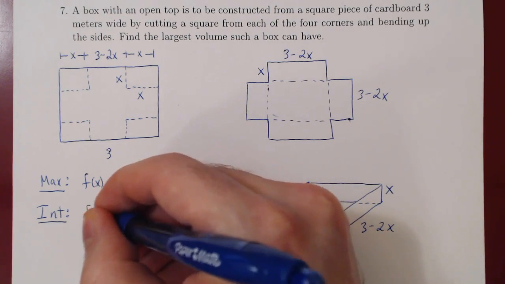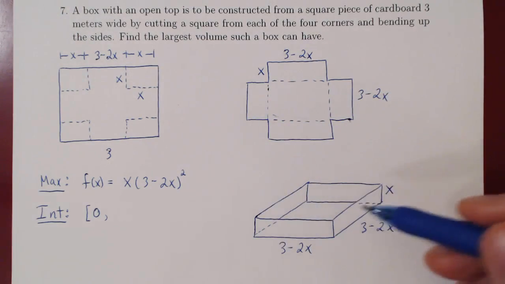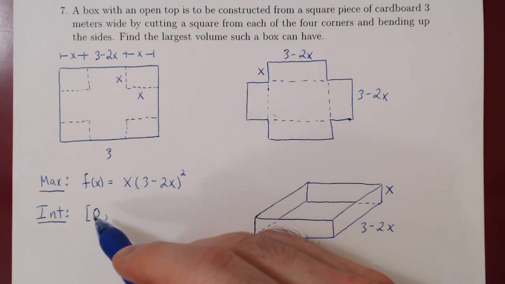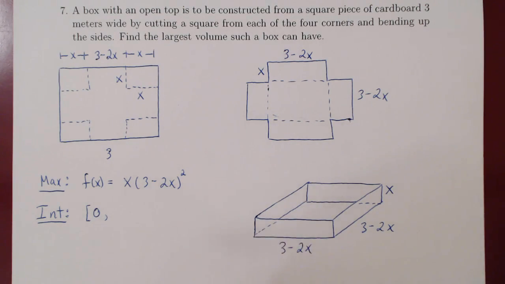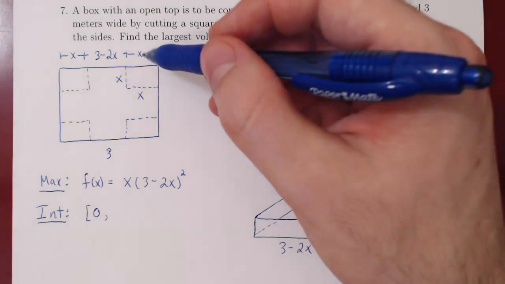So we can include 0 in our interval, even though if x is 0, we have no box, the volume is 0. But that's why we can include 0, because clearly this will not give us a maximum value. When x is 0, the volume is 0. And I imagine,